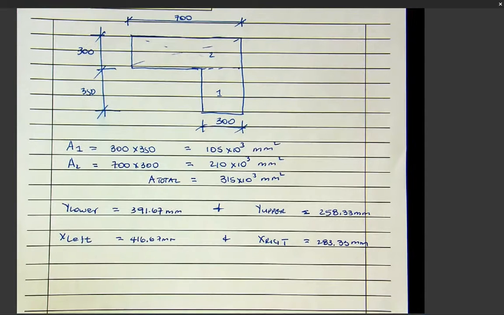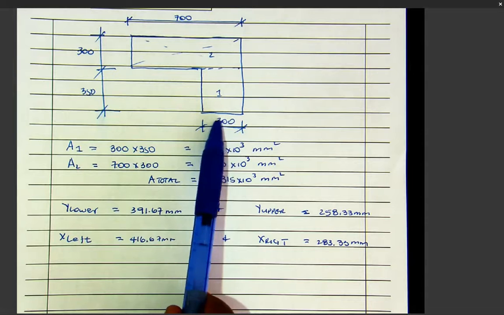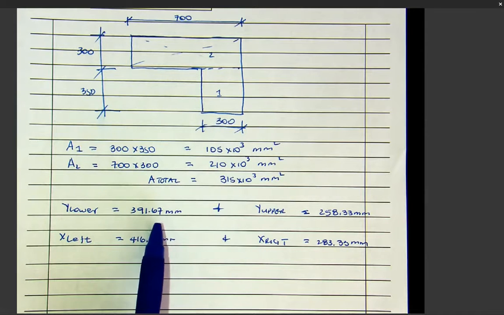Good morning, class. Remember, I promised that we will continue with this problem that I was doing the other day. So far, we've calculated the position of our second moment of area or moment of inertia. We said from the lower part of the beam, this is the position. That is the distance from the bottom to where we have